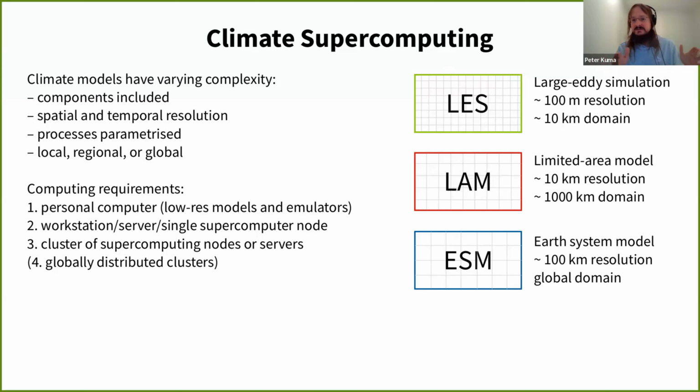And so we can use much higher resolution on that specific region. What's called, we take the boundary conditions from a global climate model. So we take what's outside of the domain to come from the global model, but what's inside the domain is simulated specifically at a high resolution in the limited area model.